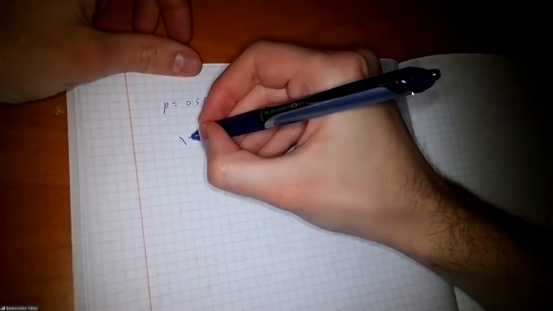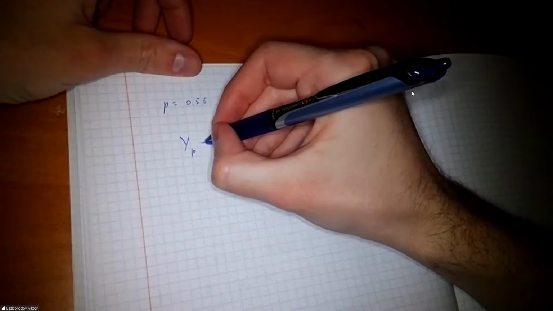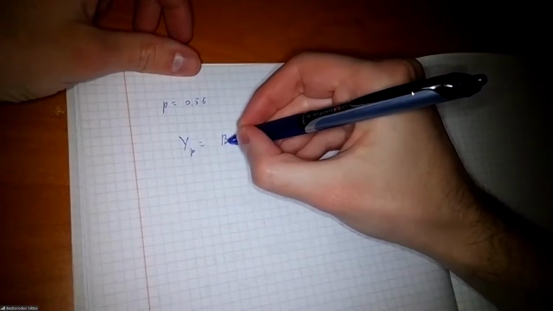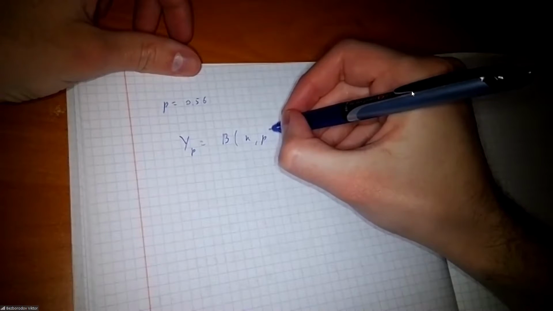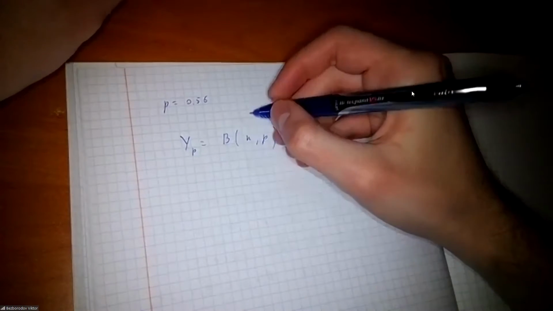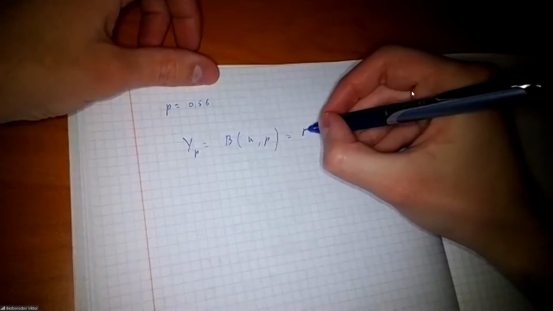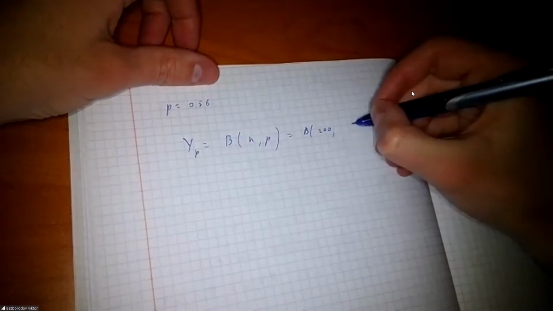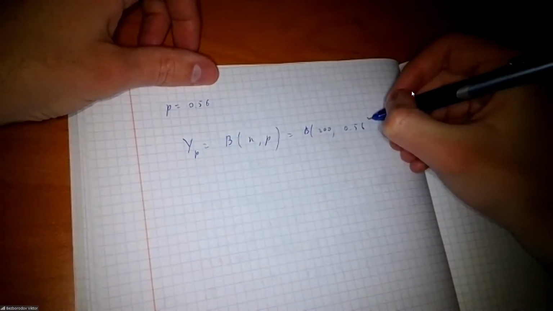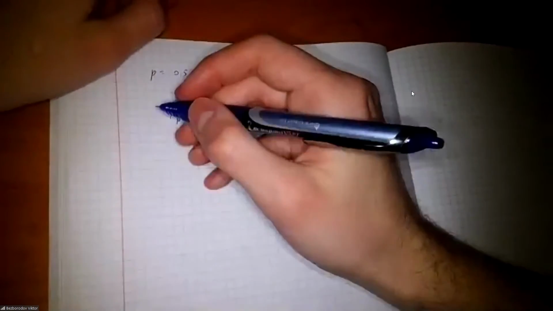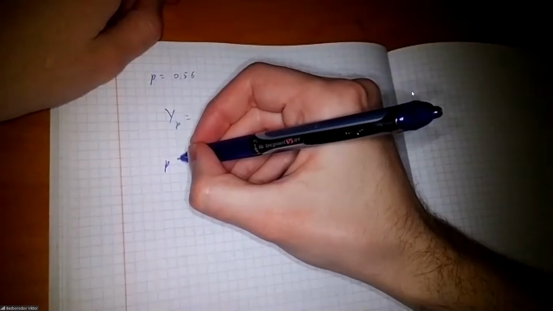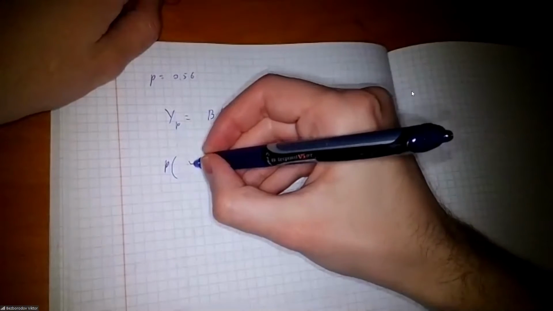Then let's say we have Y as a binomial random variable with n and p, with n equal to 100 and p equal to 0.56, right? Okay, so this gives us a distribution, and then we ask ourselves, what is the probability that